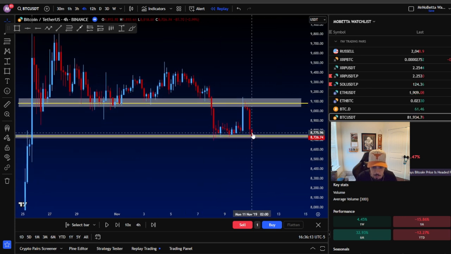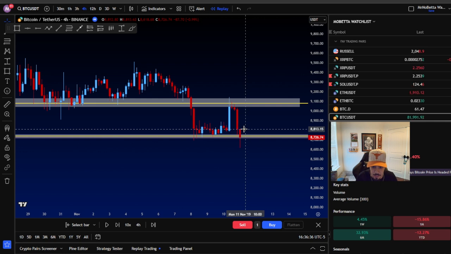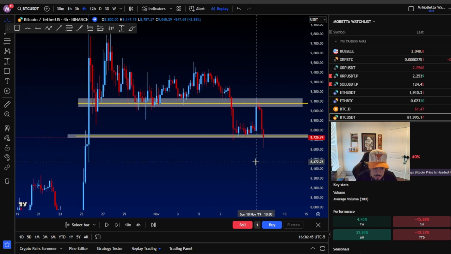All right, and so now what we see here is that we have obviously taken back all these gains, and now we have closed a candle. Although, albeit it's a weak candle close, we closed a candle below this area of support. So now what we need to look for is either price to push up and not take this high, excuse me. Price should be able to push up to create a wick, and if price can break down lower, we can fill this wick and potentially move down